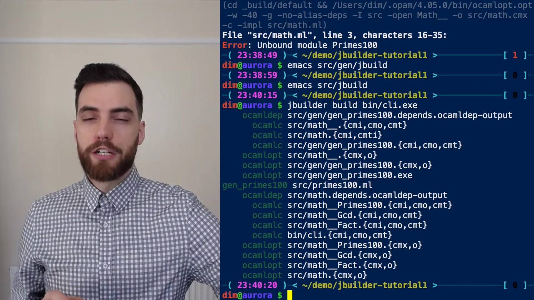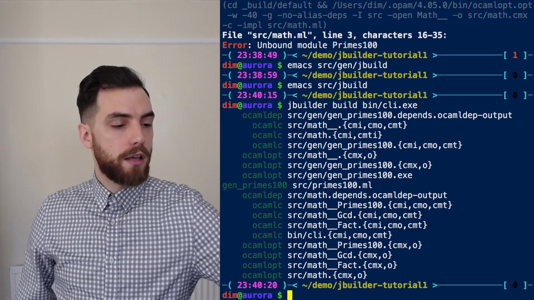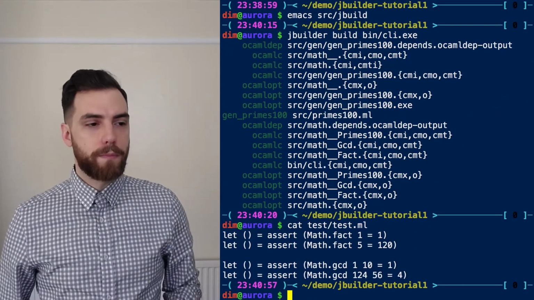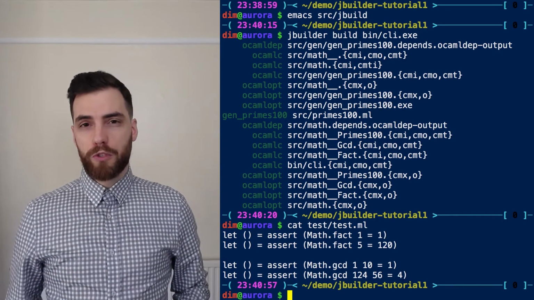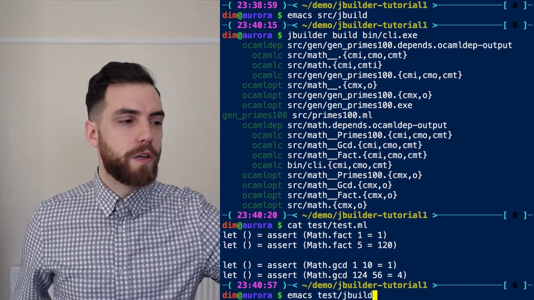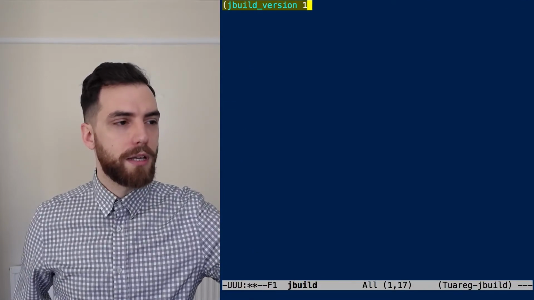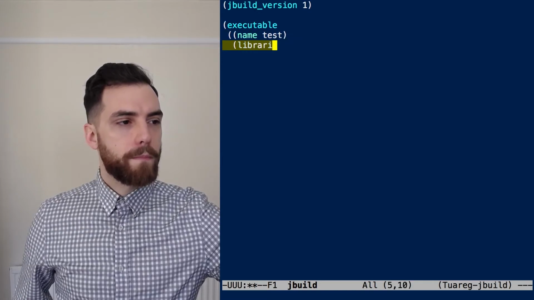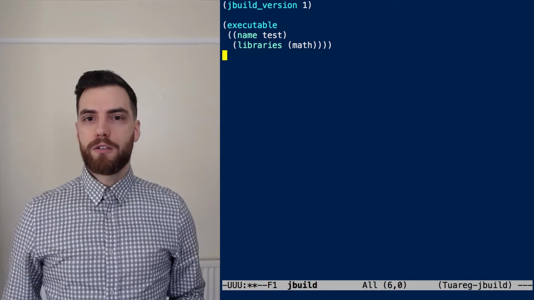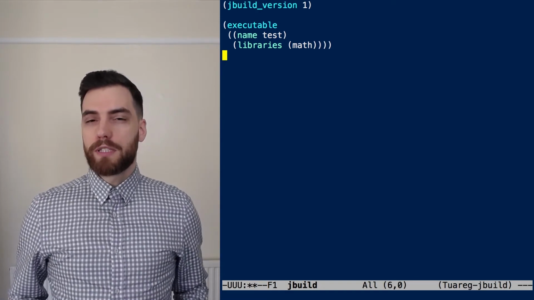That's all for code generation. Now we are going to move to the last part of this tutorial, the test. So my tests are written as a small program that does top-level assertions. So there are 2 things I want to do. First of all, I want to tell JBuilder about this executable. So it's the same thing as before. We write an executable stanza in the test jbuild, like this. And the second thing is to tell JBuilder that we want to run this executable when we run the test suite. So there is nothing specific to test in JBuilder.